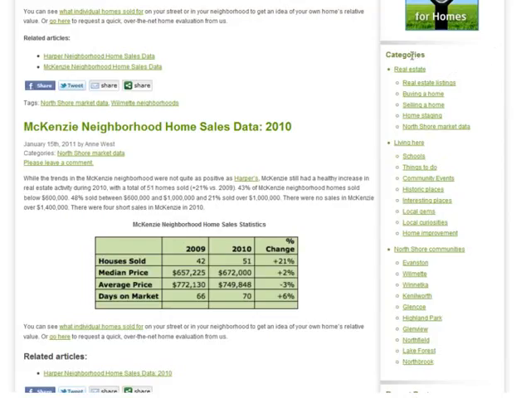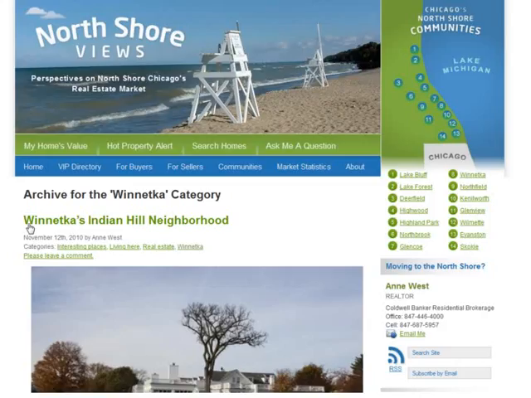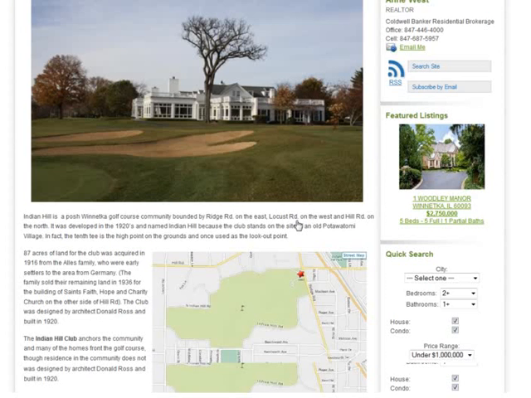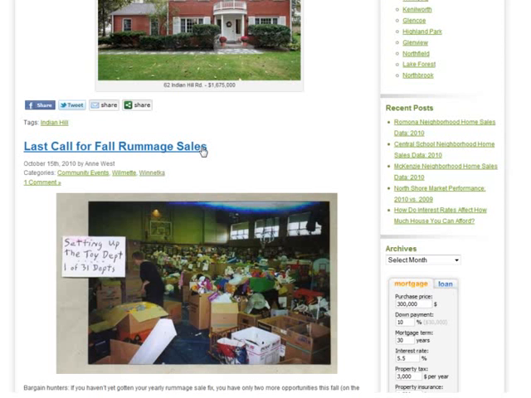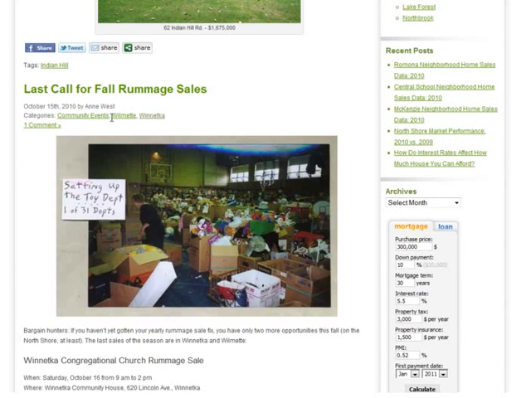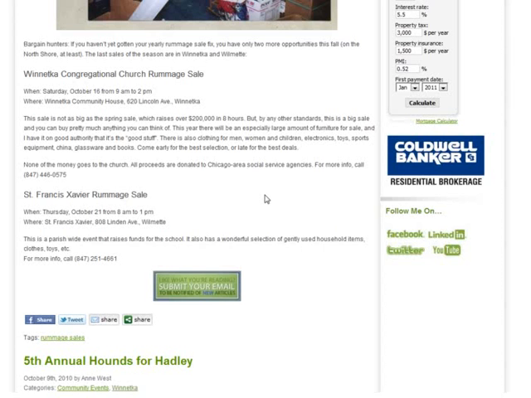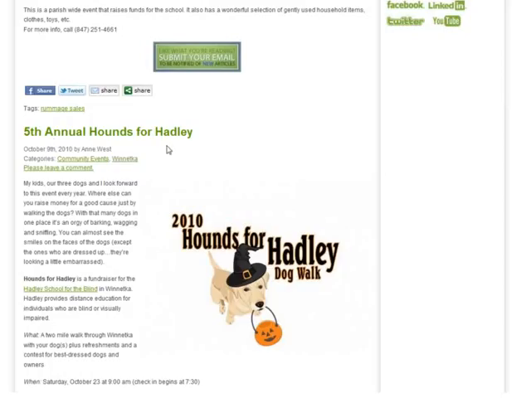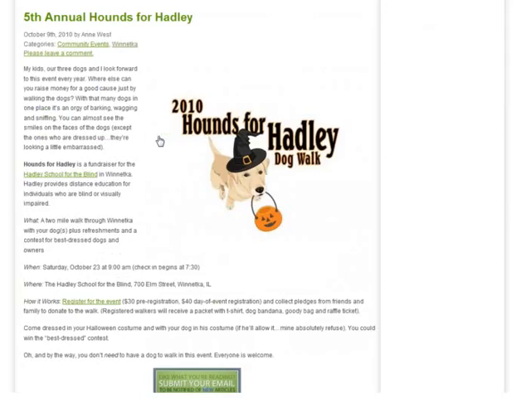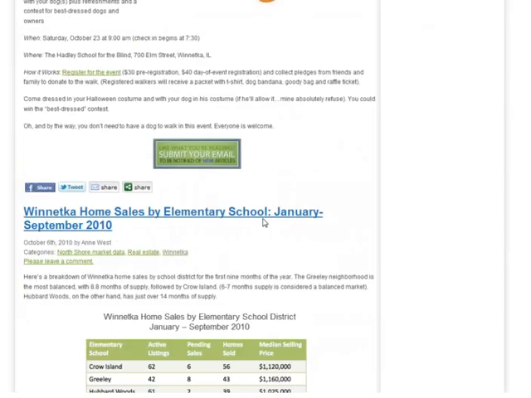And I'm going off on a tangent about our categories, but when you look at this, it's organized, okay? And she writes about a lot of different smaller communities, but she's got a category for each one. So if I want to know just about Winnetka, then I click on Winnetka, and I'm taken to this category where she's talking about the Indian Hills neighborhood. And then she's talking about last call for rummage sales, whatever that has to do with, but it's specifically in Wilmette and Winnetka, so it must be something for those areas. 5th annual Hounds for Hadley, something going on in the Winnetka community, okay? So she's got a page that sort of makes this a whole bunch of mini